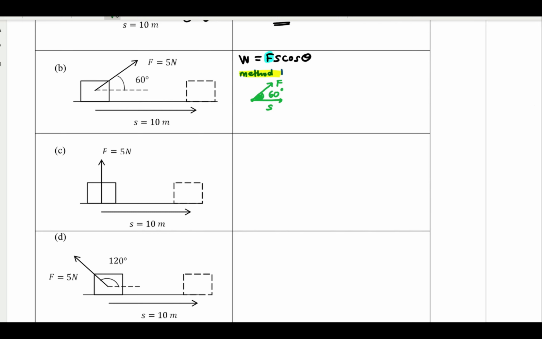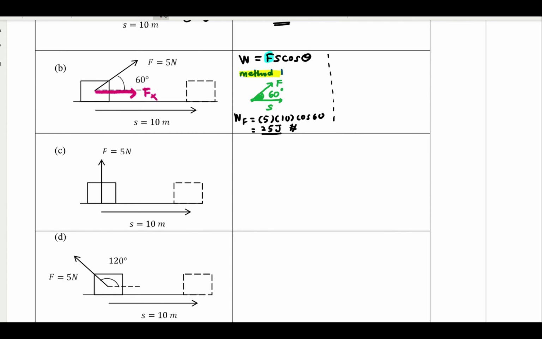Okay, so based on this angle, so WF should be equal to 5, S is 10, cos 60 degree. Okay, and then the answer would be 25 joule. Alright, so this is the answer. Ataupun katanya you nak resolve F into X and Y component. Boleh. Okay, so dia akan jadi